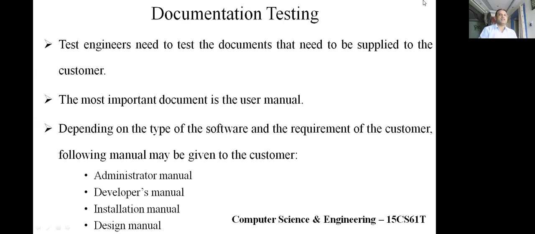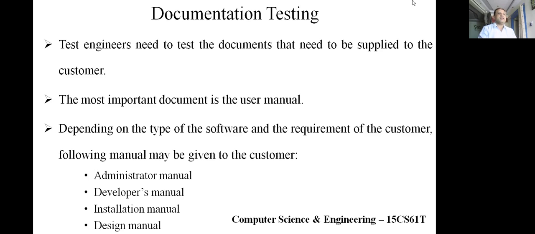Yes, fine. Next, the last type is documentation testing. What do you mean by documentation testing? As you know, documentation means giving comments to the particular file. What are the different help files when you purchase a software? There will always be a help menu or a manual given to you. So what is that manual? A manual is nothing but the steps on how to install the particular software. That is what we need to provide for the software also.